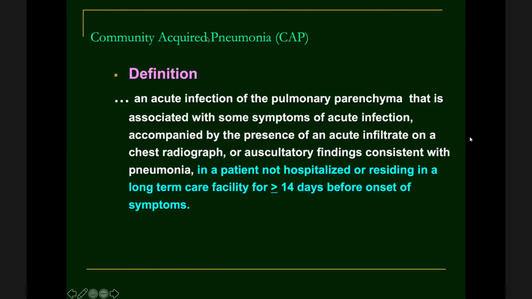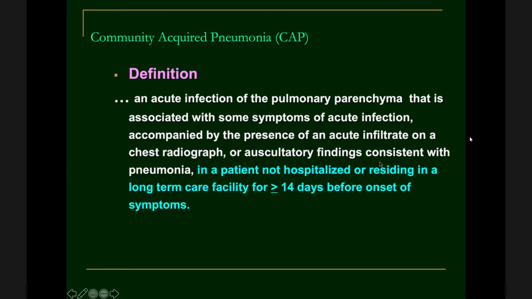So coming to the definition of community-acquired pneumonia. Community-acquired pneumonia is defined as an acute infection of the pulmonary parenchyma that is associated with some symptoms of acute infection, accompanied by the presence of an acute infiltrate on a chest radiograph or auscultatory findings consistent with pneumonia. So you are going to find the bronchial breath sound, or you are going to find crepitations,